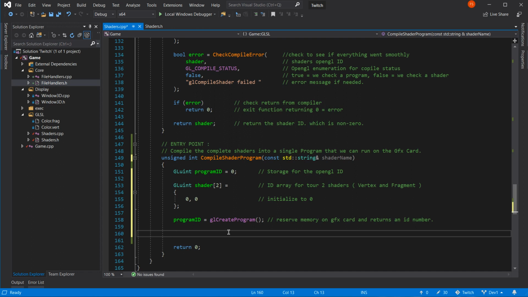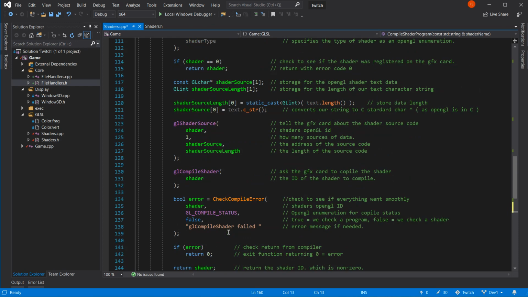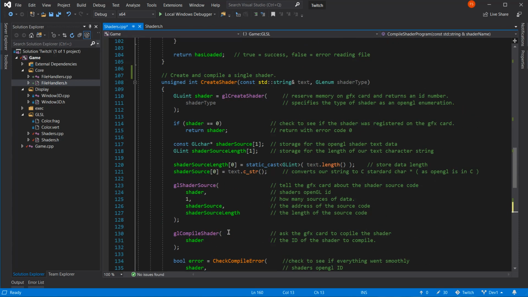What should we do next? Okay. What are we doing with create shader up here? Yeah, I can do that.